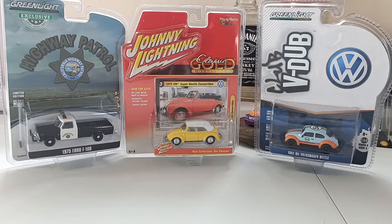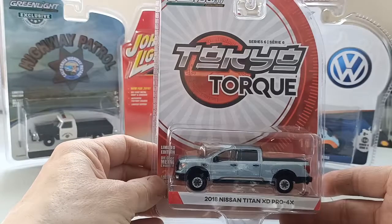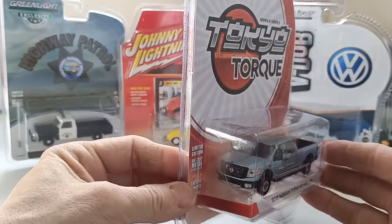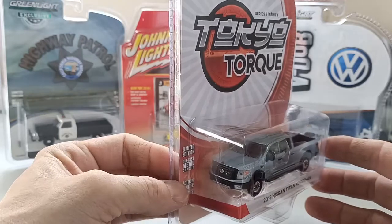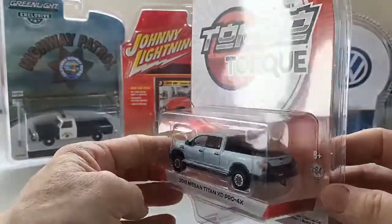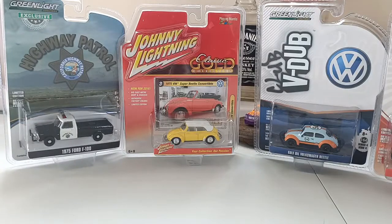And what have we got next? We have Tokyo Torque series from Greenlight. This is a 2018 Nissan Titan, and I love Nissan trucks. Here in the UK we don't have the Titan, we have the Navara, which is a scaled down version of this American sized truck. Next along